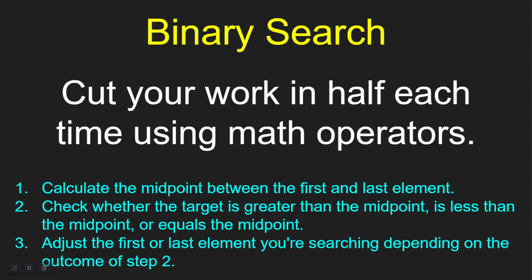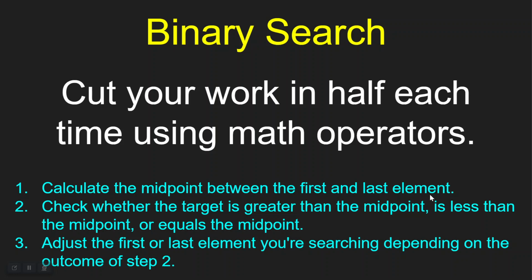Now we need to look at the binary search. And this is the one that's a lot more complicated and has got a bit more going on. So let's go ahead and have a look at how it works. So basically a binary search, the goal is to cut your workload in half each time using math operators. And the way we're going to do it is we're going to calculate the midpoint between the first and the last element. So we got to figure out what is the midpoint between the first and the last element in the array